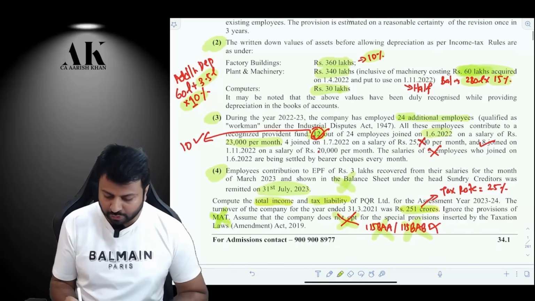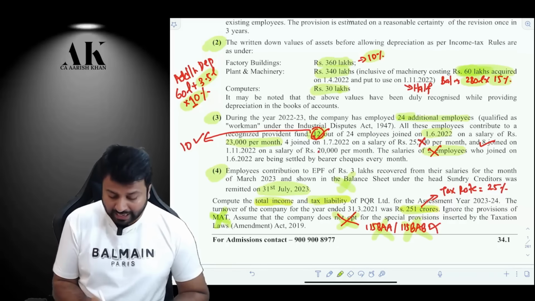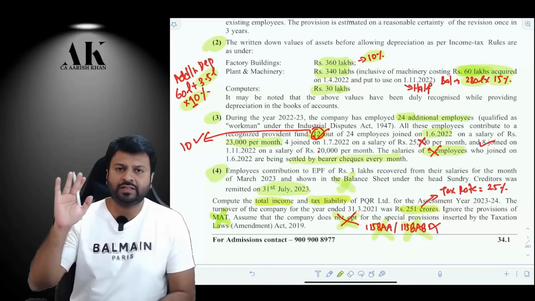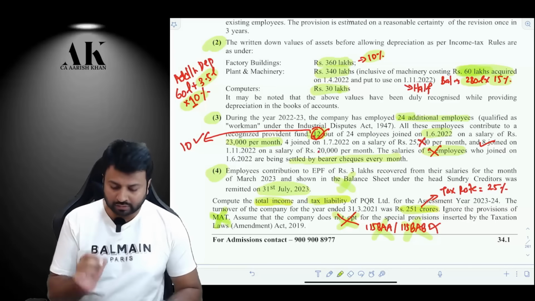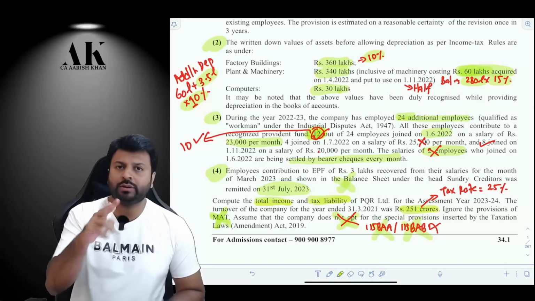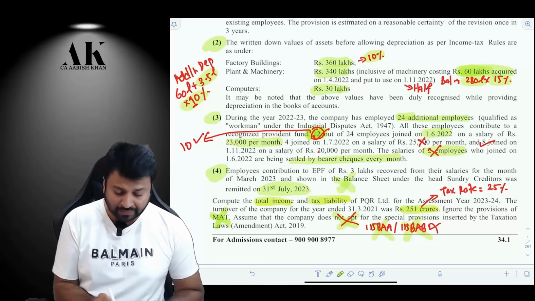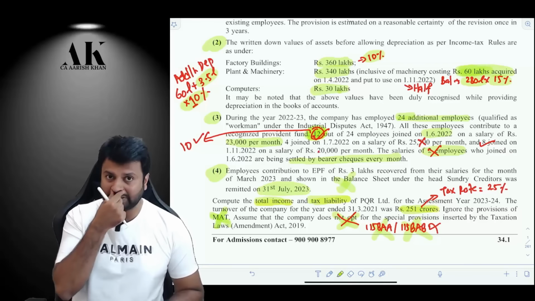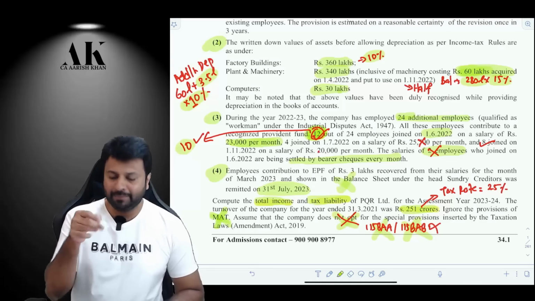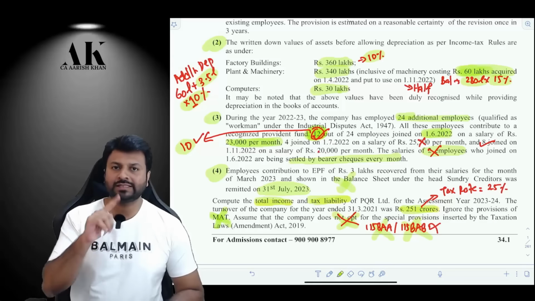But out of those 12, 2 employees who have joined are paid by bearer cheque. You cannot make the payment by bearer cheque. You have to make the payment by account payee cheque, account payee draft, ECS or such an electronic mode. Bearer cheque is not allowed. So out of these 12 employees, 2 employees are disqualified. They are not eligible for 80JJAA. So out of this first lot of 12 employees, how many will be eligible? Only 10. Into 23,000 is their salary per month, multiplied by, from June to March, 10 months. This is the first lot of employees.